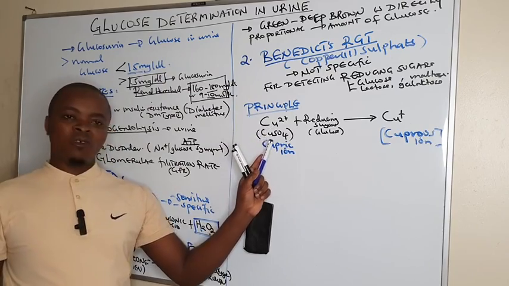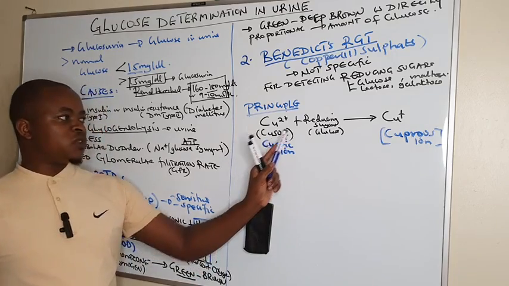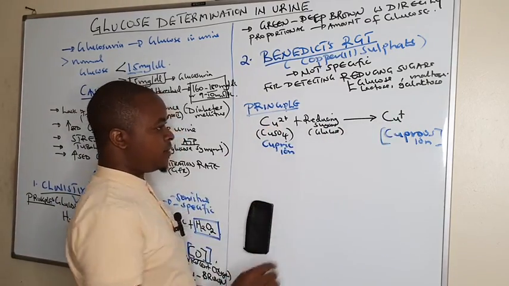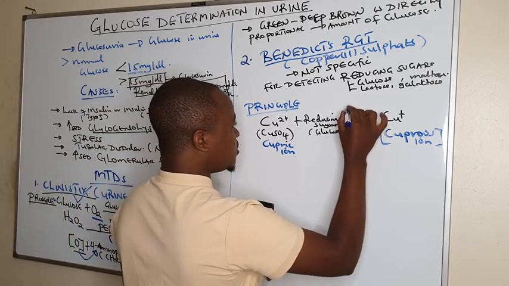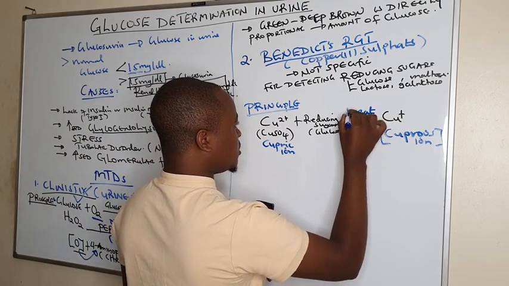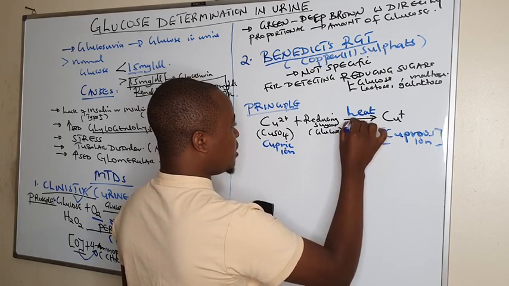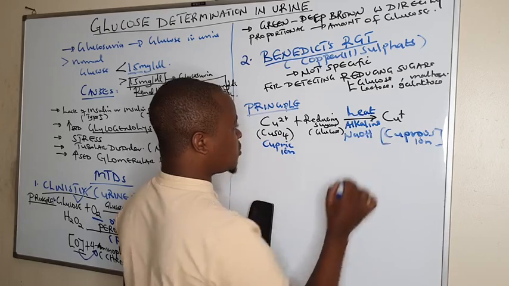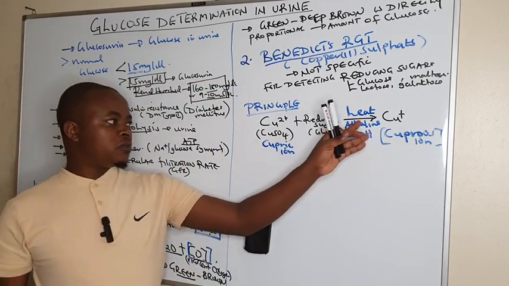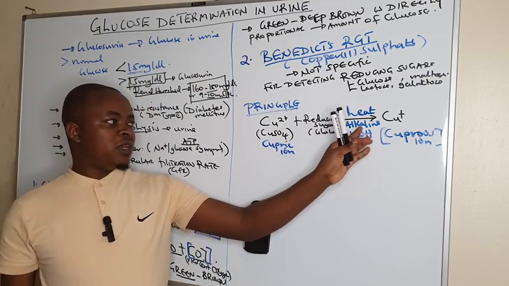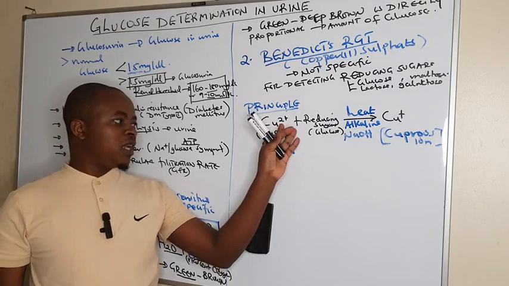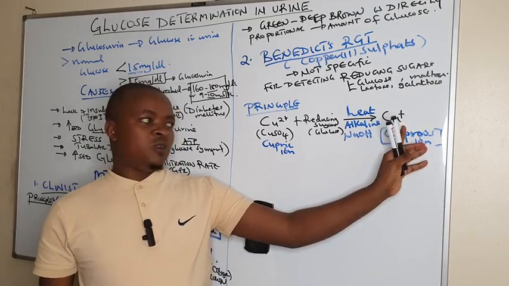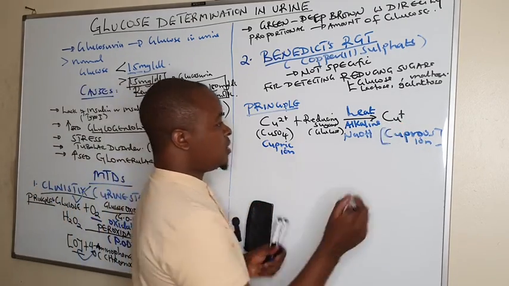So the copper 2 ions in the copper 2 sulfate react with reducing sugars. Reducing sugars like glucose have the ability to reduce copper 2 sulfate to copper 1. And this occurs in the presence of heat. Heat is the requirement, in the presence of heat and alkaline media. And the alkaline media is provided by sodium hydroxide. So if I boil urine containing glucose in alkaline media and copper 2 sulfate, the copper 2 ions, which we call the cupric ions, are reduced by the glucose in the urine to form copper 1 ion, and this copper 1 ion formed